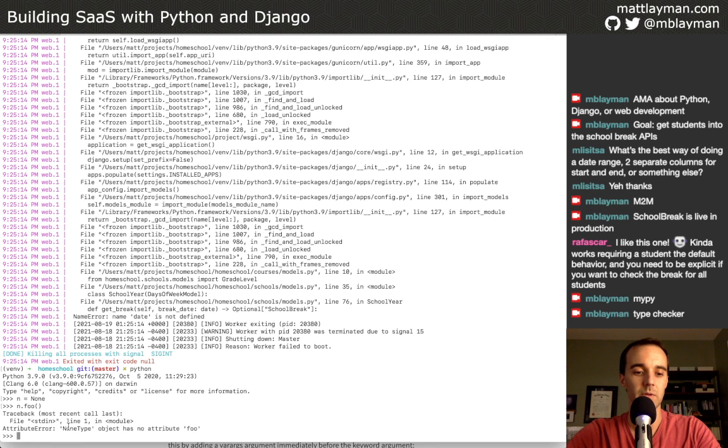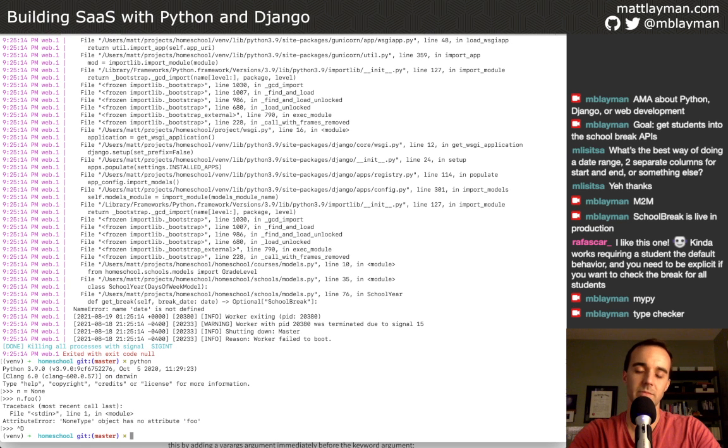It says NoneType has no attribute foo. This is the null pointer exception in Java. I can't remember what it is in Ruby. It's something with nil. Any language that has this concept of none or null can suffer from this problem of not handling the case where none could be an option.